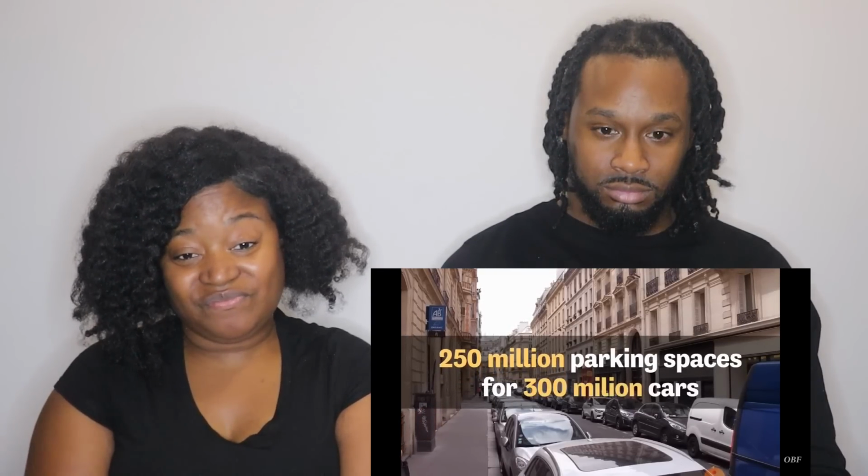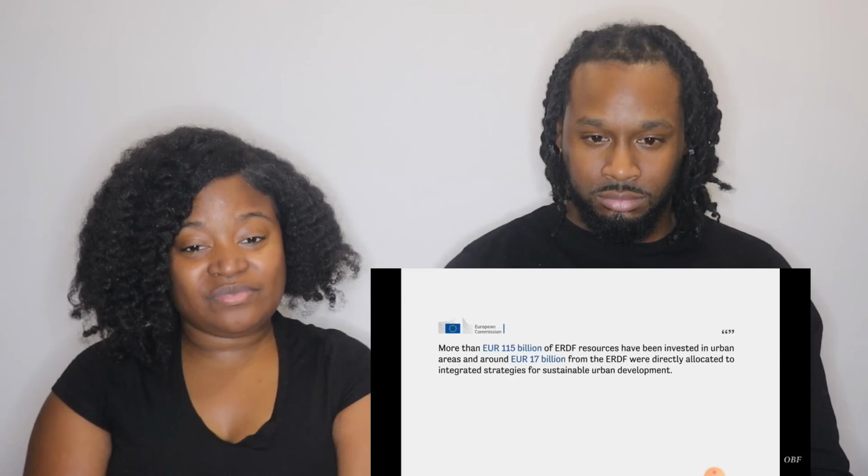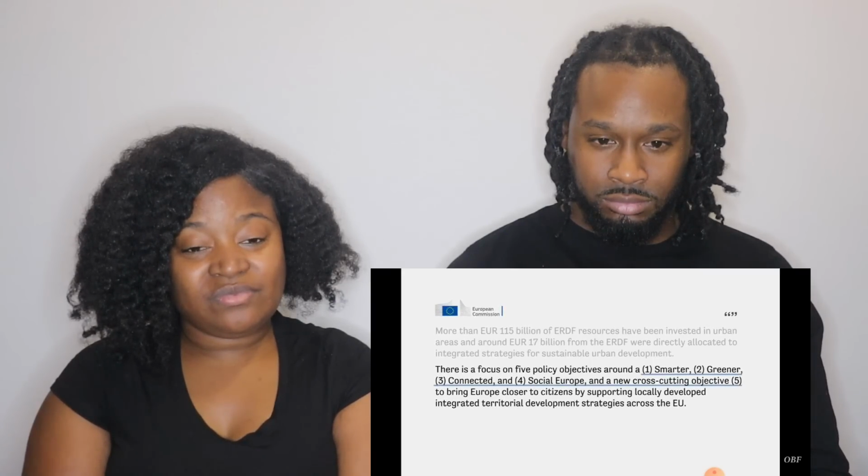But to emphasize the ridiculousness of this even further, the area that the US dedicates for car parking is actually larger than the area dedicated for housing people. It's honestly unbelievable that people are being squeezed out of American cities due to regulators wanting to make more room for parking spaces. This simply wouldn't fly in the EU, as it has a whole policy dedicated to improving urban planning. See, the EU spent 115 billion euros between 2014 and 2020 to improve city design by making it smarter, greener, and more connected. Simply meaning they allocated funds to make their cities more efficient, more connected, and better for